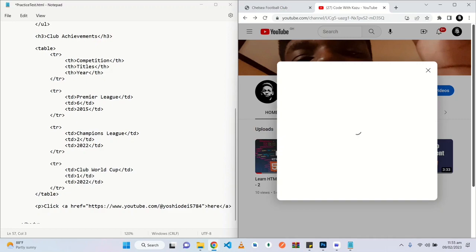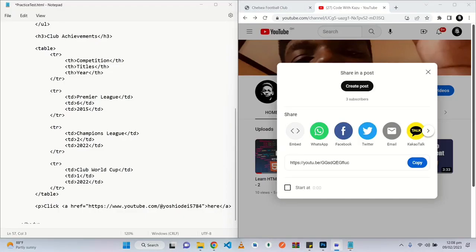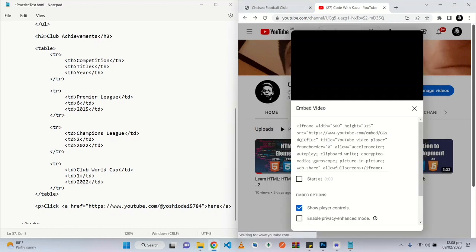Now wait for this to load. A few moments later. Okay, it took some time to load, but now it's in. So if you want to share this video inside your website, you can just click on embed, right? You can share the link as well, but this is a different way to do this. So you go to embed, then